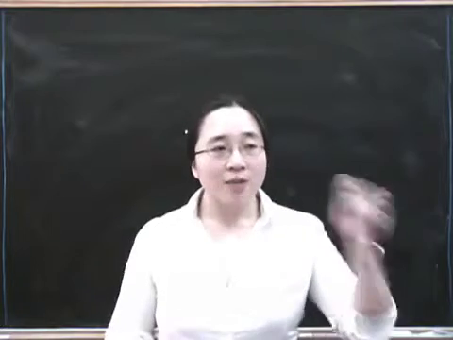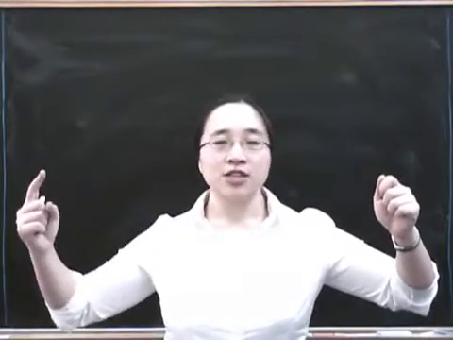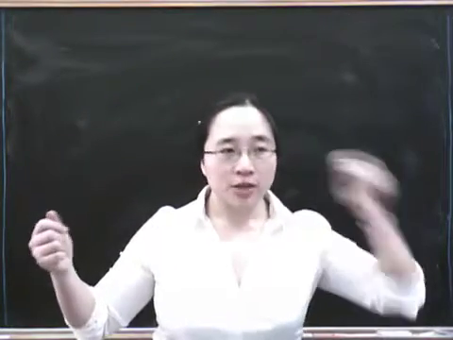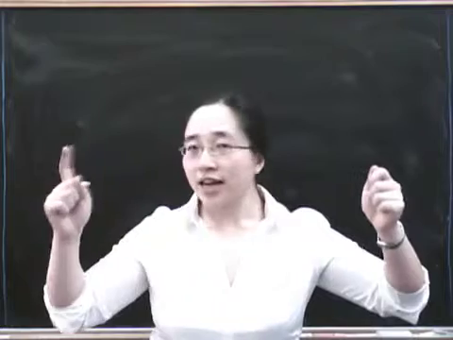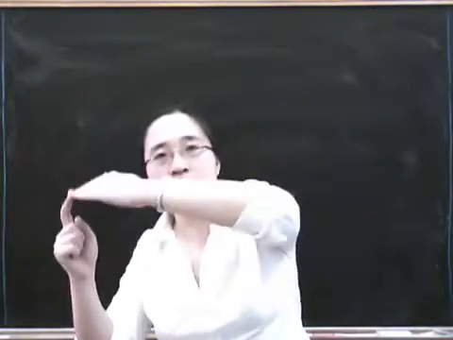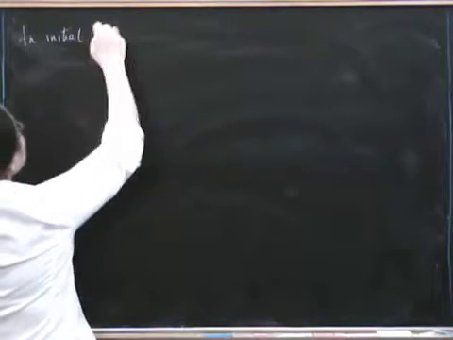Remember that a terminal object was an object such that given any other object in the category, there was a unique morphism to this object. So an initial object is going to be an object such that given any other object in the category, there's a unique morphism from the object. So we just turn the arrow around. So let's write down the definition. An initial object